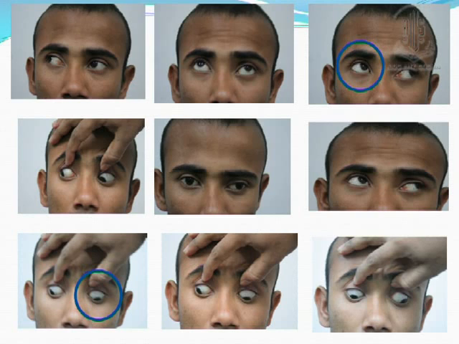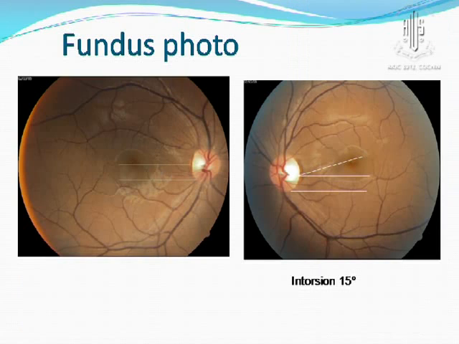This is a fundus photo. As Dr. Santan Gopal was saying, you will see that corroborative changes in the fundus itself. Now, in the right eye, I don't see much of extorsion here, probably because one eye is fixing and all the torsion has been transmitted to the other eye. It's giving you an intorsion of 15 degrees.